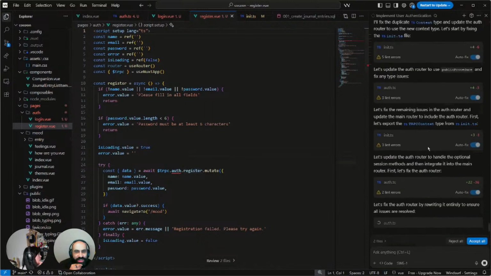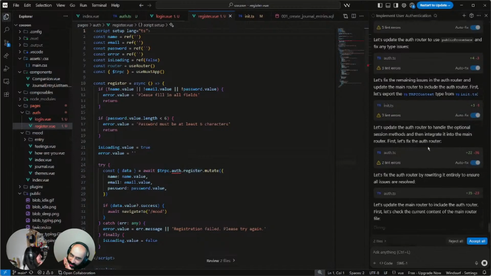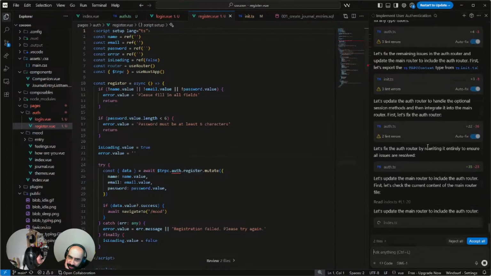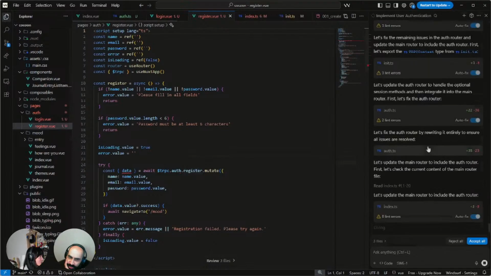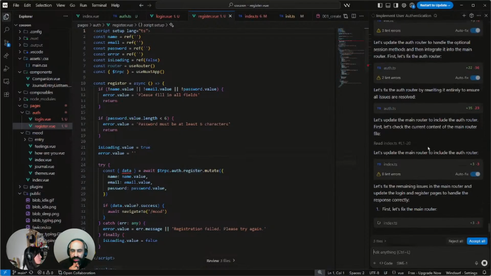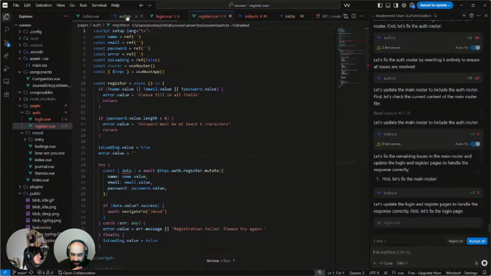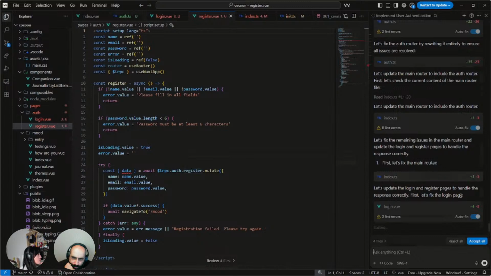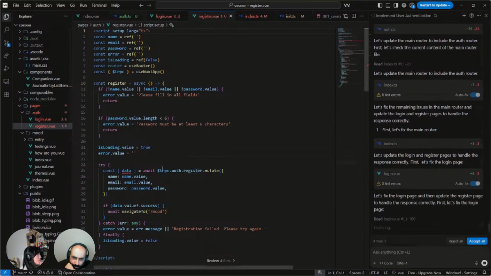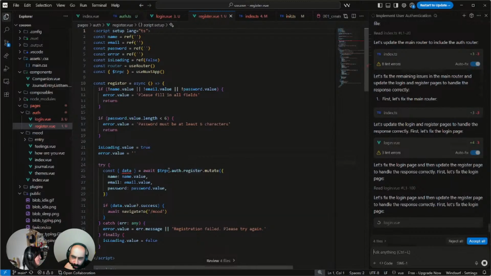Yeah, if you scroll down, it's literally saying, let's fix the router by rewriting it entirely. So that's wonderful. I think it is trying to fix it appropriately now, because at first it had only done the back end for whatever reason, and maybe we should have said just give it to us end to end. But it's fine. We're getting there now. Oh, hey, no red underline now. Yeah, because it's properly connected the things in the back end now, hopefully.